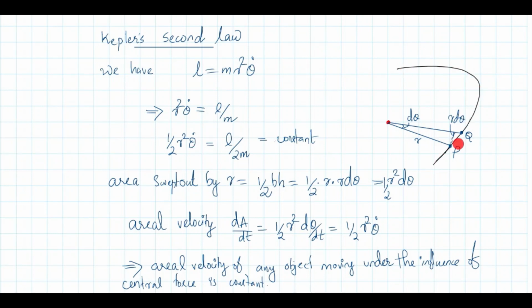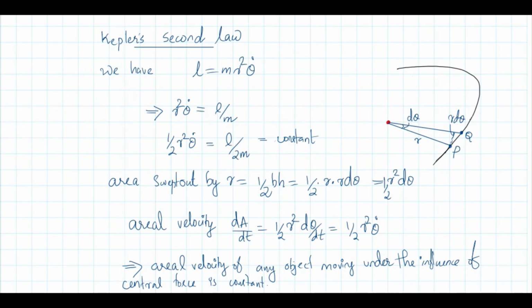Consider an orbit like this. It may not be closed. It can be an open orbit also. This is the force center. A particle is moving through this trajectory. Then the radial distance is r when it is at P, and in a short interval of time this r vector sweeps out an angle d theta and it reaches Q. What is the area covered by this radius vector? Area swept out by the radius vector during a time dt is given by the area of this triangle. You can assume that it is a triangle for very small angle d theta.